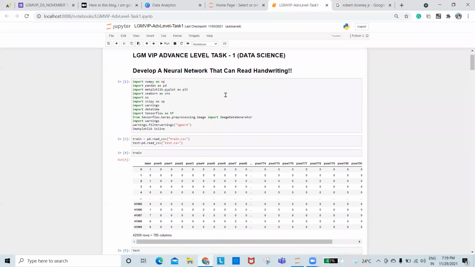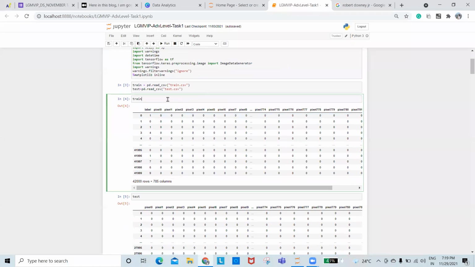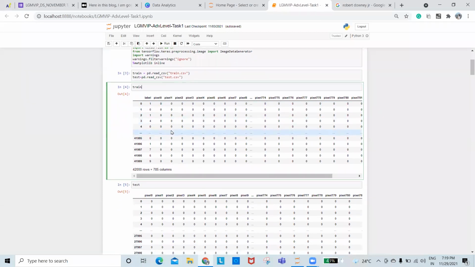So firstly, we need to import all the important libraries which we require for this. I have imported all the libraries, and I have read the train and test CSV files. This is how the train.csv looks.